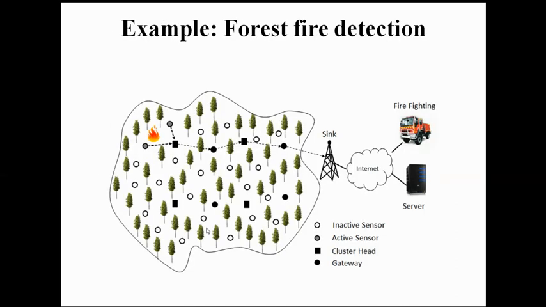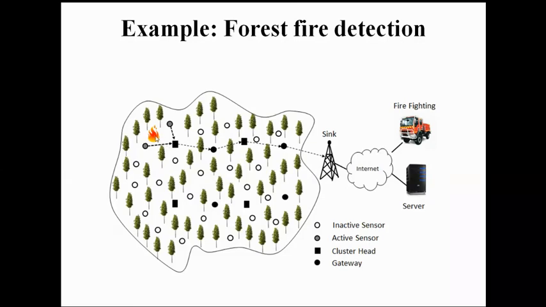So let us see the example of forest fire detection. In this example, in order to detect the forest fire, with the help of a helicopter I am going to randomly deploy the sensors over that area. The sensor nodes will fall and be placed in particular locations. Now we are going to divide that area into many regions. In each region you can elect a cluster head. Here I have shown the cluster head and a lot of gateway nodes. Through that we are able to reach your desired sink node.